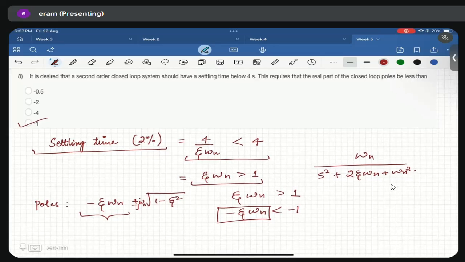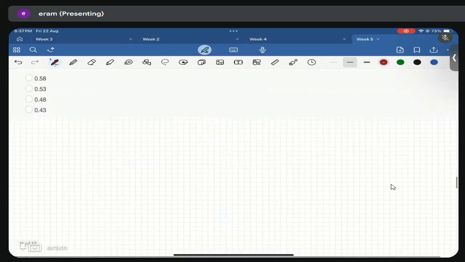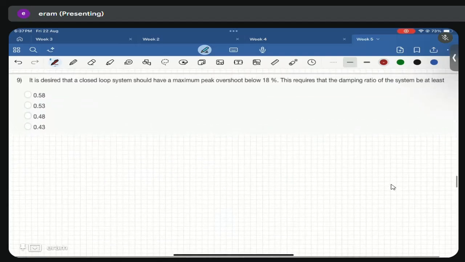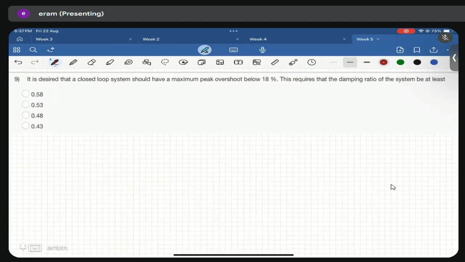Any doubt? Okay, now it is desired that the maximum peak overshoot should be less than 18%. In that case, the damping ratio, that is zeta, should be